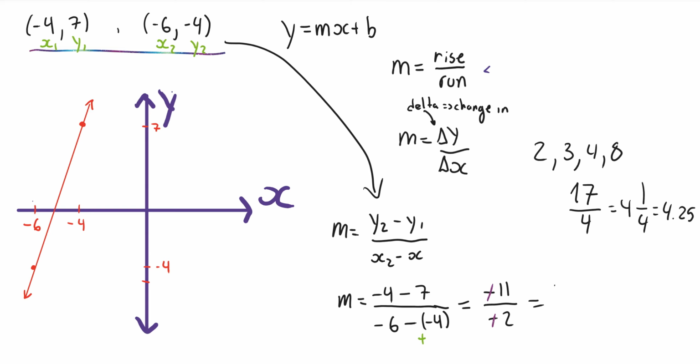So our final answer would just be 11/2. So our slope, according to these 2 points here for this specific line, is 11/2. And that would be your final answer for the slope. Now you could continue to go ahead and solve for the full equation of the line, but I have a